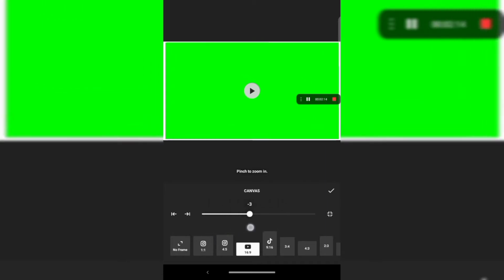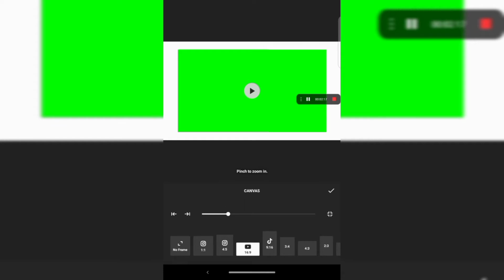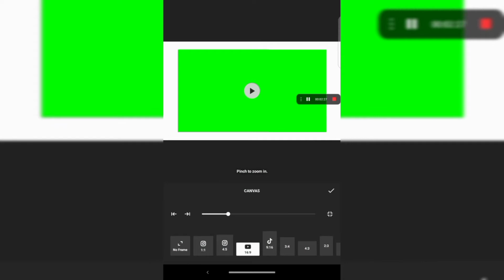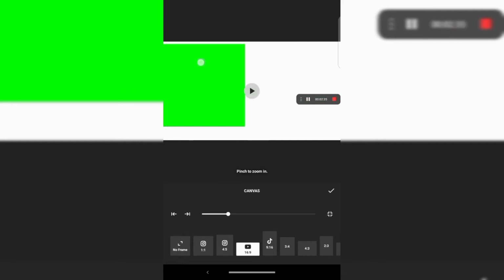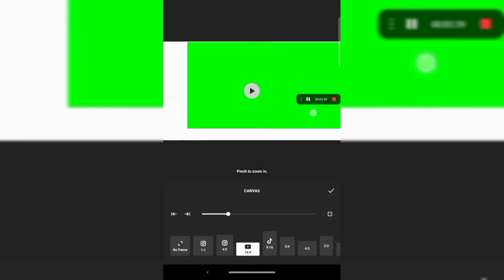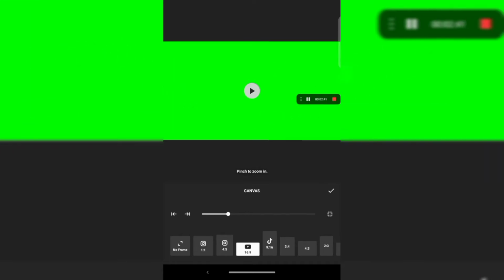You can even hide the watermark of this app. This app is watermarkless in mine only because I have the premium one. If you download InShot, all the features will be working, but the InShot watermark will be there in your result. While you see your display here, maybe InShot must be written, I don't know, because I mostly use premium. Then you have to click on tick, and then the second option is music.